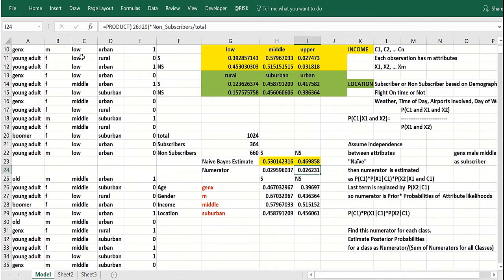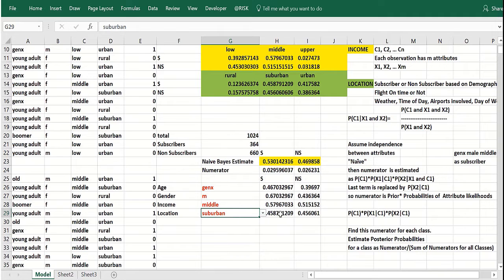Now in this column, we take the product of the non-subscribers times the non-subscribers divided by total, etc. Now we've got a 53% chance. This is the numerator, but to make it into a probability, we have to divide this numerator by the sum of the numerators, so these add to 1. So we've got a 53% chance that the person is classified as a subscriber given they're a Generation X male,